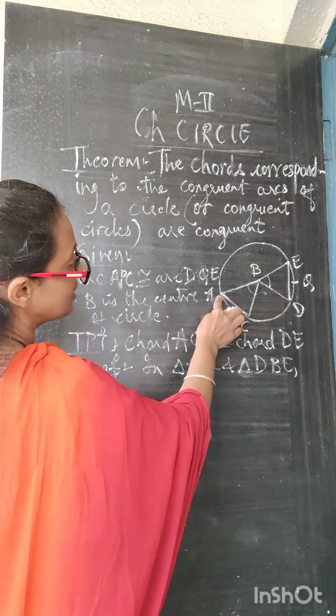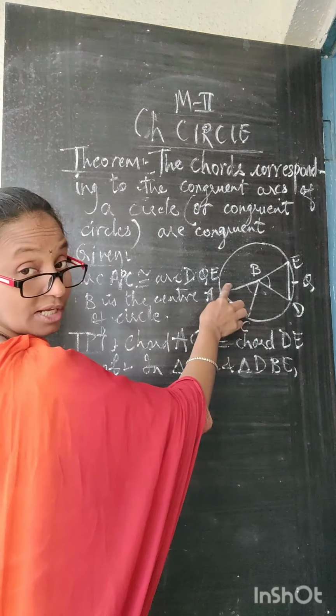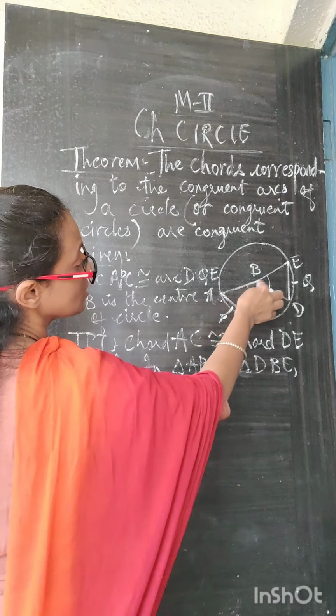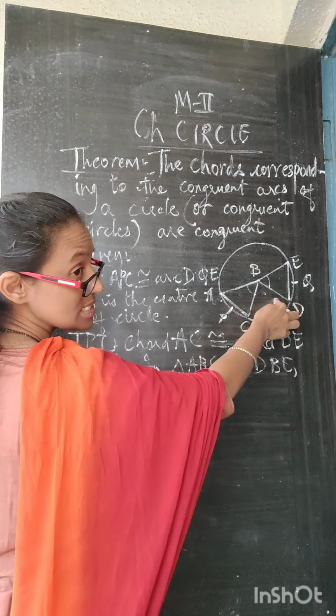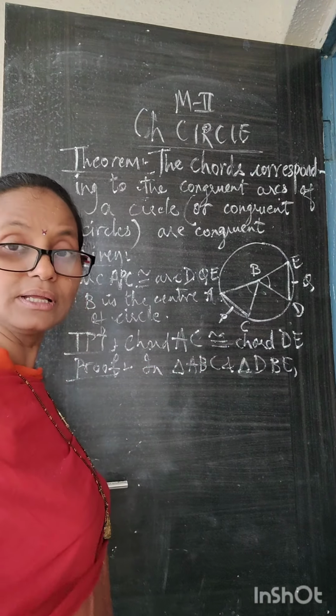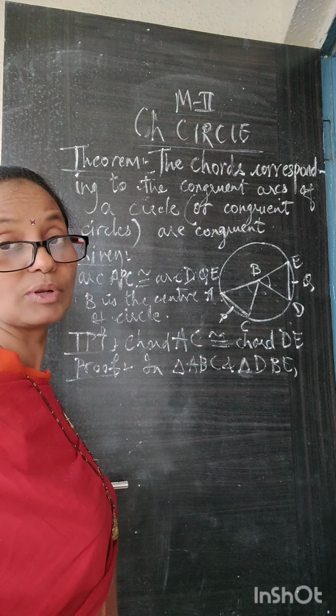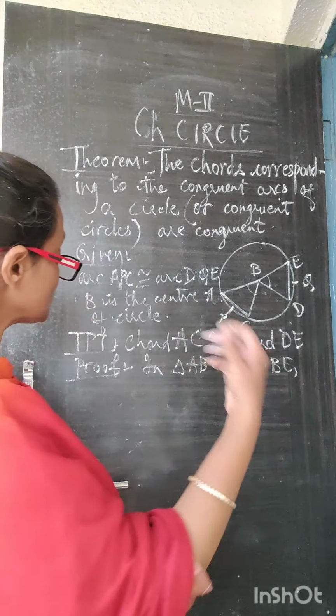And therefore what we have, the radii of the two sides are the radii of the same circle. So this side is congruent to this side, and in between, the included angle is congruent. So which test will it be? It will be the SAS test, right? So let us write down the steps.